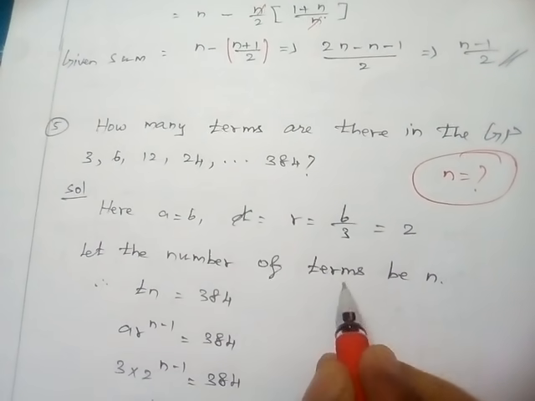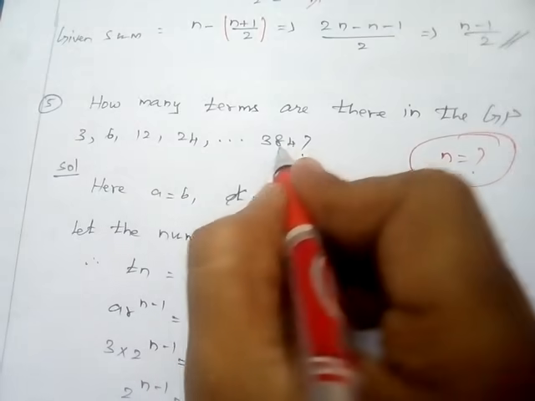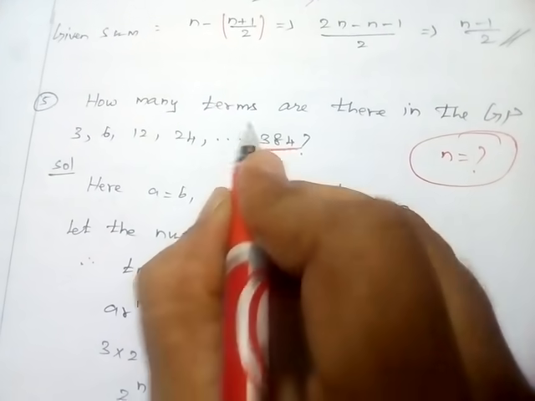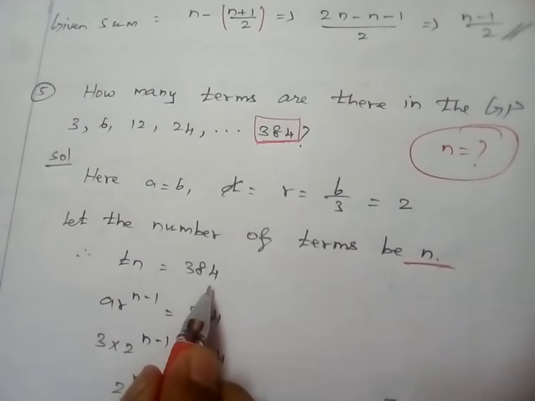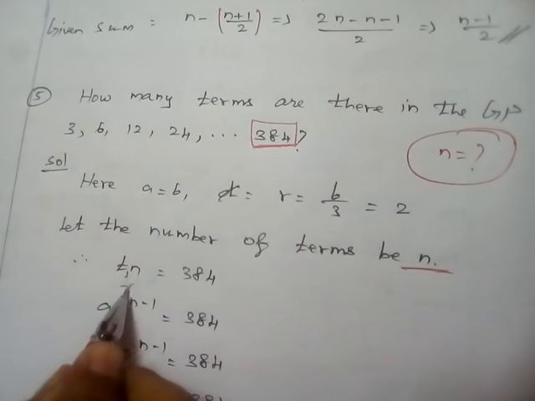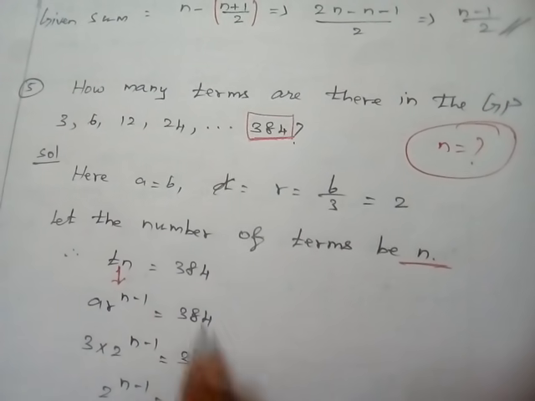Let the number of terms be denoted by n. Tn equal to 384 is already given. This is the last term. In this geometric progression, the last term is given. Therefore Tn equal to 384. What is the nth term of a geometric progression? A into r power n minus 1. So A into r power n minus 1 equal to